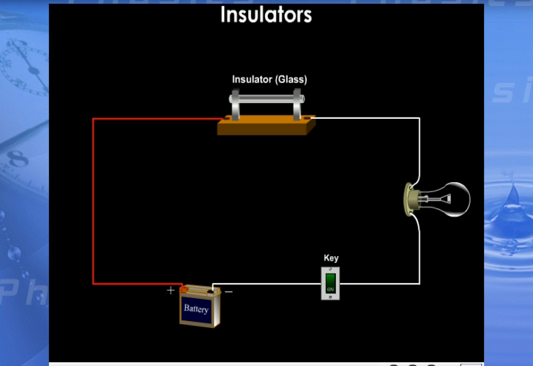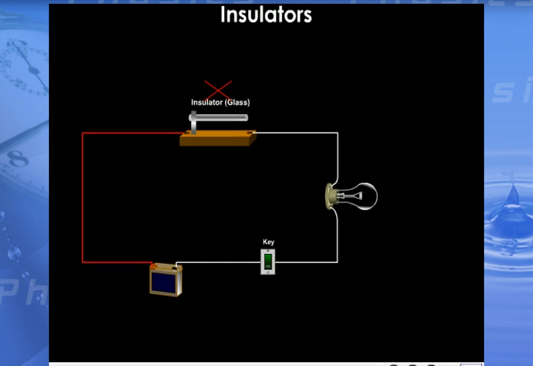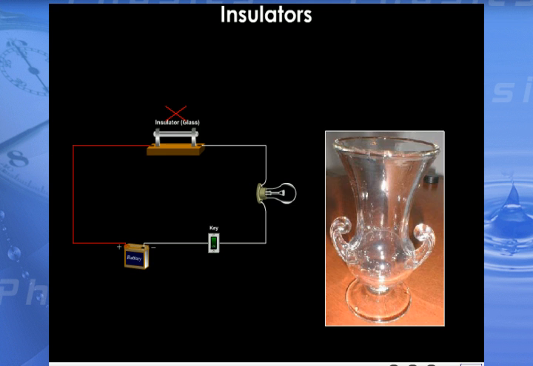From the above animation, it is clear that insulators are materials which do not allow electricity to pass through them. Examples: glass, plastic,